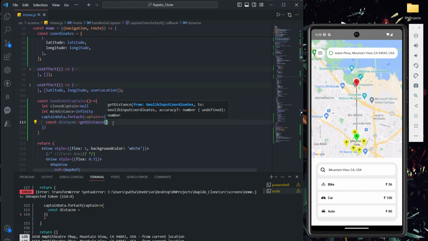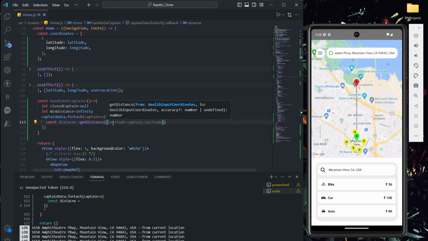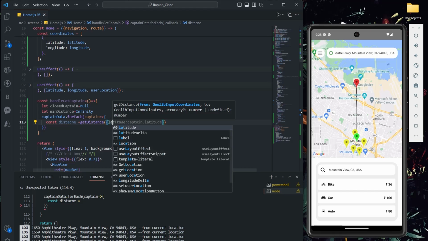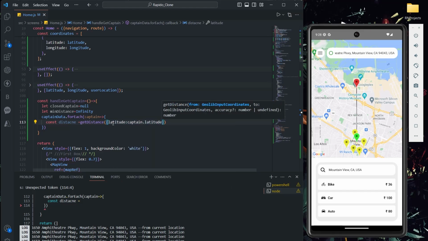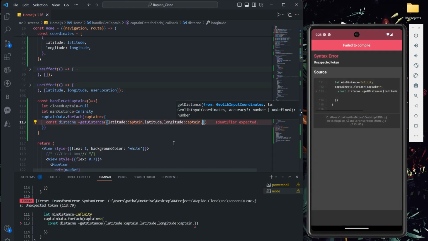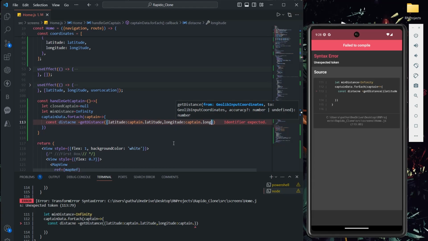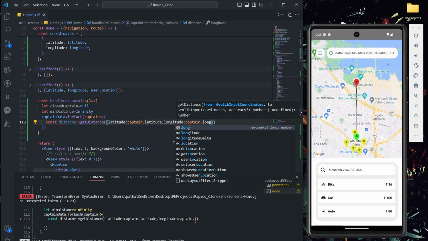In getDistance we have to pass two objects. What are the two objects you have to check the distance between? This is my first object: latitude will be my captain latitude, and as usual longitude will be my captain dot long.